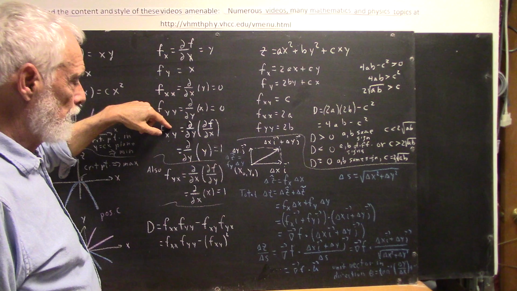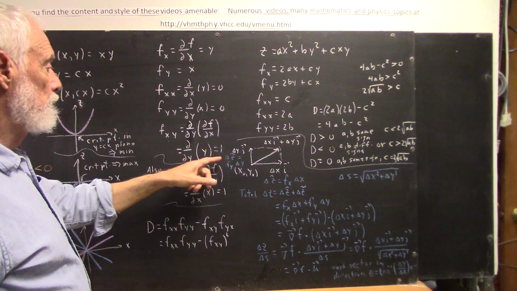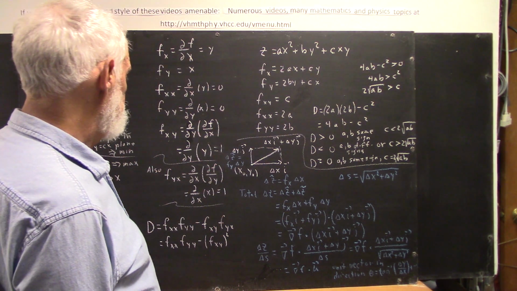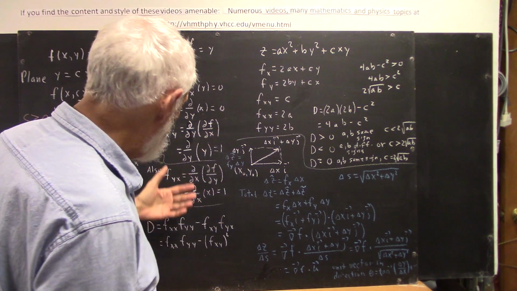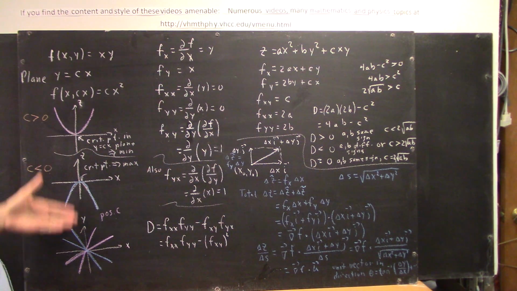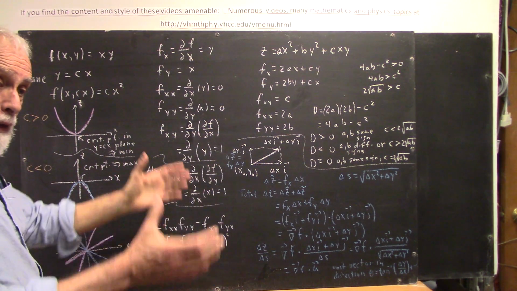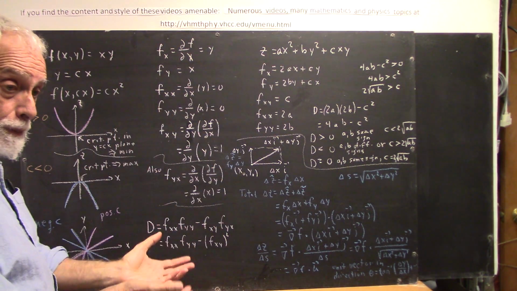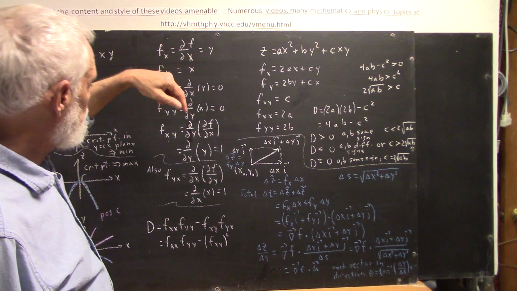The fxy derivative, which is the partial with respect to y, the partial with respect to x, is equal, not to 0 though, to 1. Also, fyx is equal to 1. To test for the kind of behavior we have and to distinguish the behavior of this function, the saddle point behavior, from that of, say, a paraboloid, where you do have an absolute minimum or an absolute maximum at the origin,